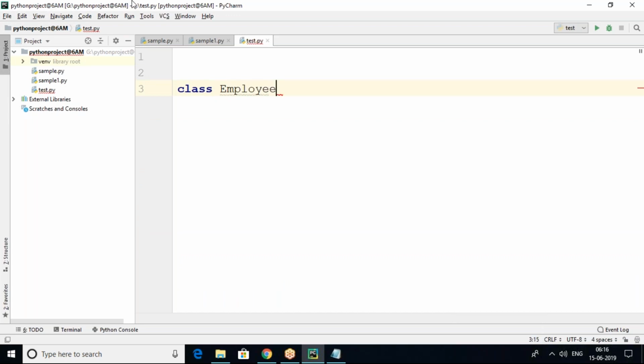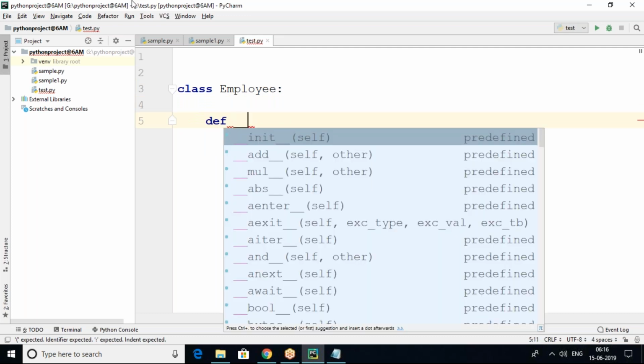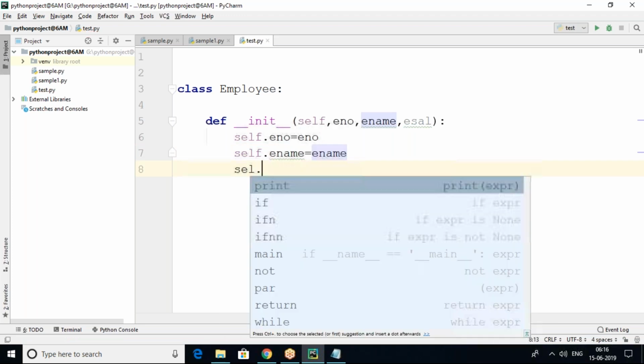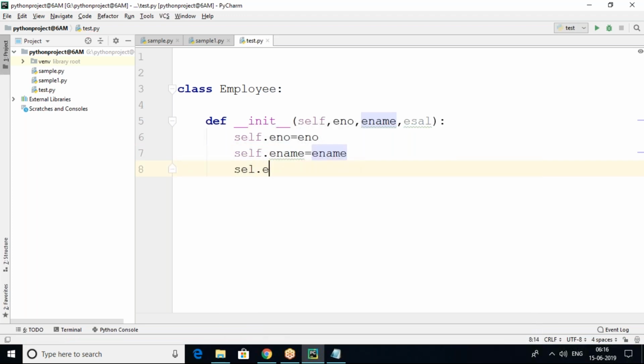In this Employee class, I'm taking def __init__, and this is the constructor, with employee number, employee name, employee salary, and self.eno equals eno, self.ename equals ename, self.esal equals esal.